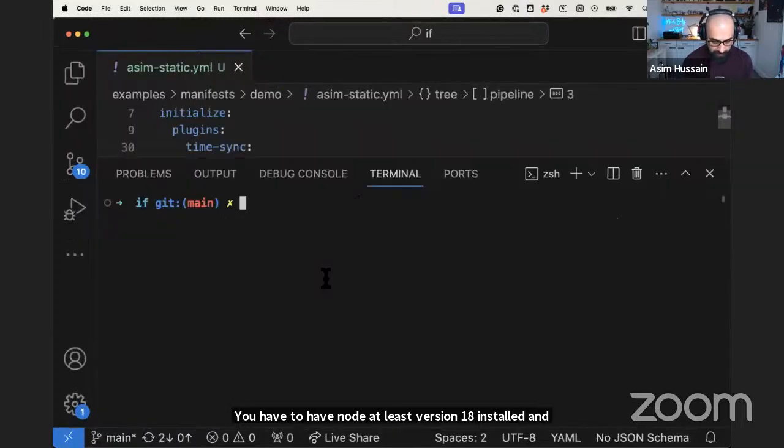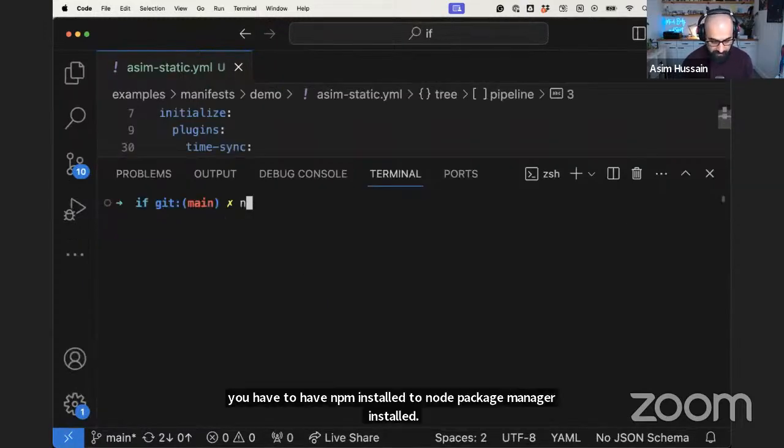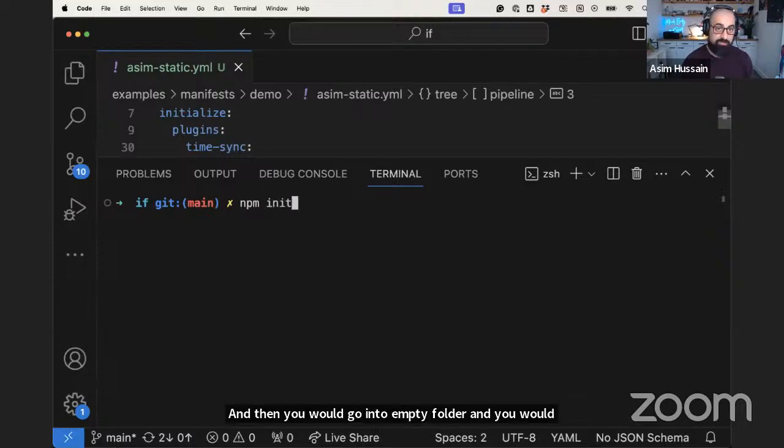Then you would go into your empty folder and type npm init to initialize the folder so you can start doing Node code inside it. And then you would type npm install, and that is the actual CLI tool to run the manifest file. But right now you'd also need to go through and install all the plugins that you need